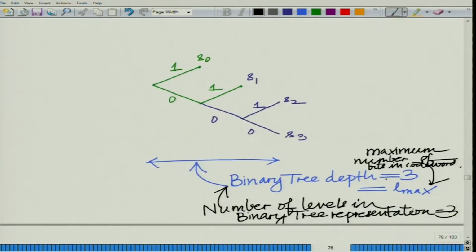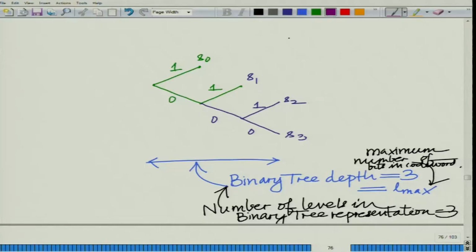So, the maximum of 3 bits are used to represent each code word. Okay, and that is the depth of the binary tree, that is the number of levels in this binary tree. Now, you will observe something interesting. If you go to S0, now let us look at,